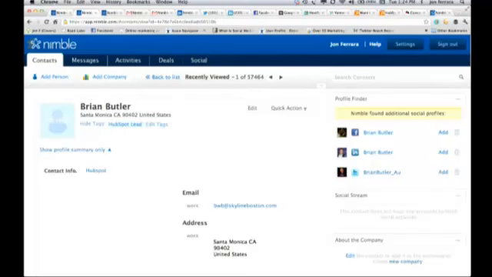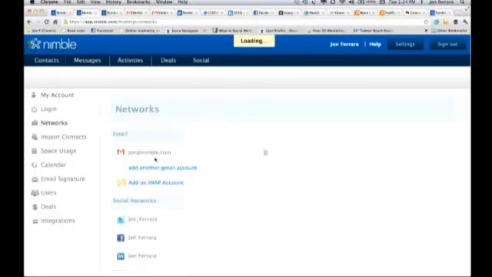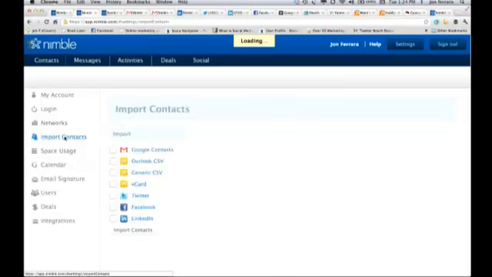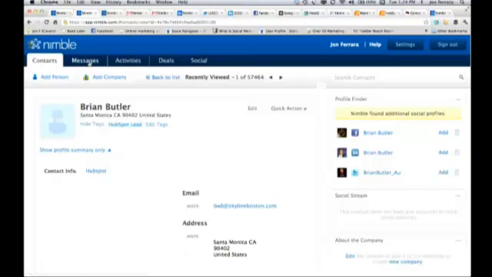Okay, there we go. So you start out with Nimble by mapping into where your contacts are. Where are your contacts today? They're out there in Twitter, Facebook, LinkedIn, Google, Outlook. You map into there, and then from here you can go ahead and import in all your contacts from the disparate places. We synchronize in your calendar and all your communications, and then what you end up with is a